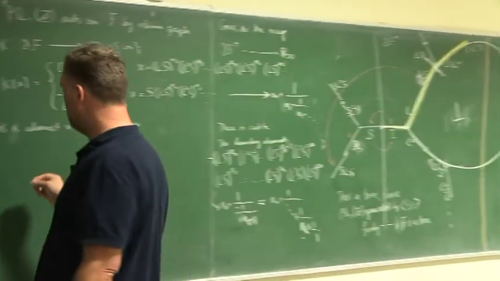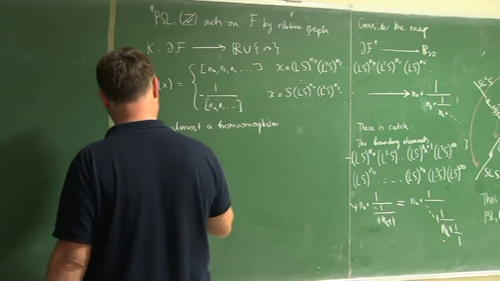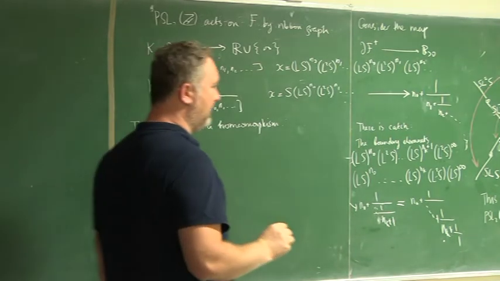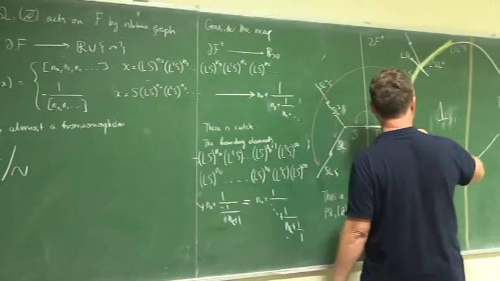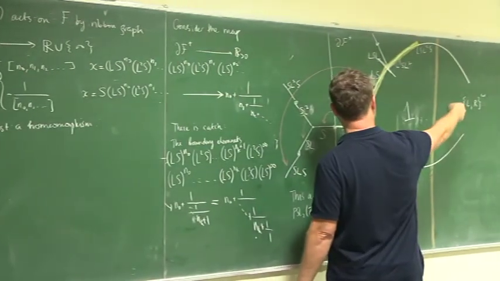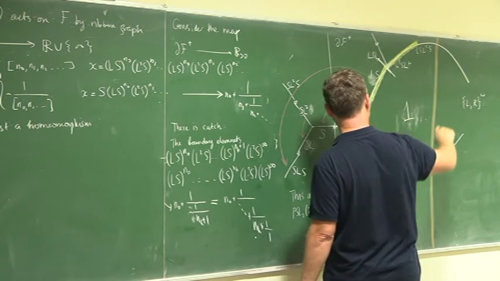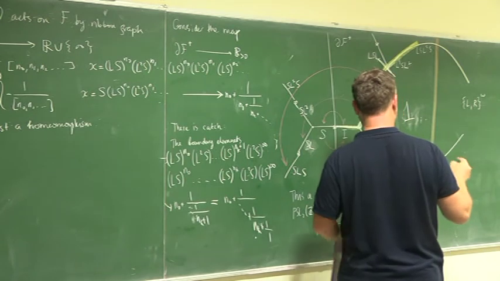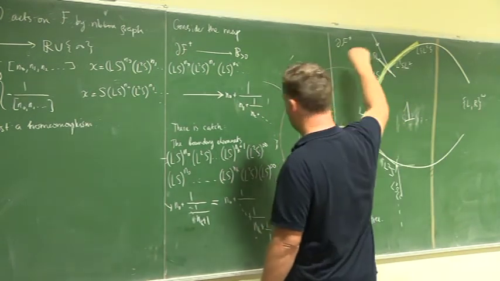That is to say, I can introduce an equivalence relation on the boundary, and this equivalence relation will identify these two paths. Okay, this is a point in the boundary, and this is another point on the boundary, and I consider the equivalence relation which identifies this. So it does the same thing for all such points,